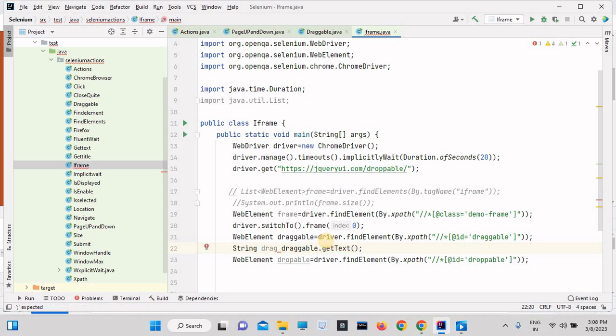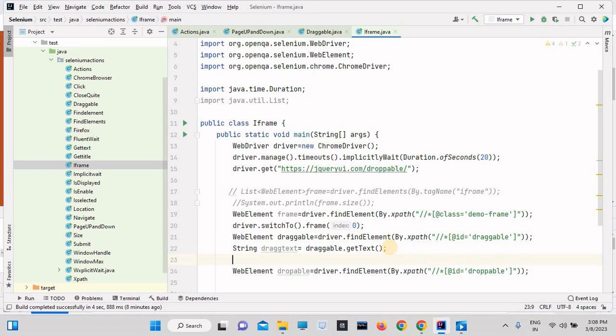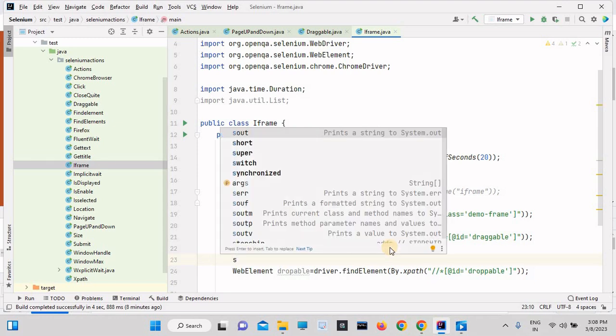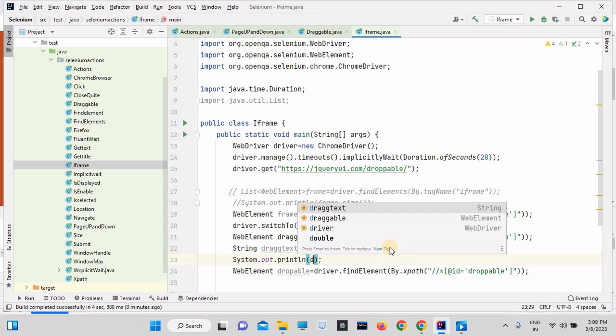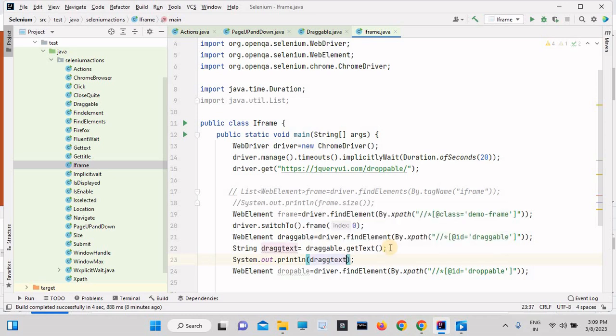dragElement, dragText. Okay, dragText. Then simply System.out.println, and print this dragText,